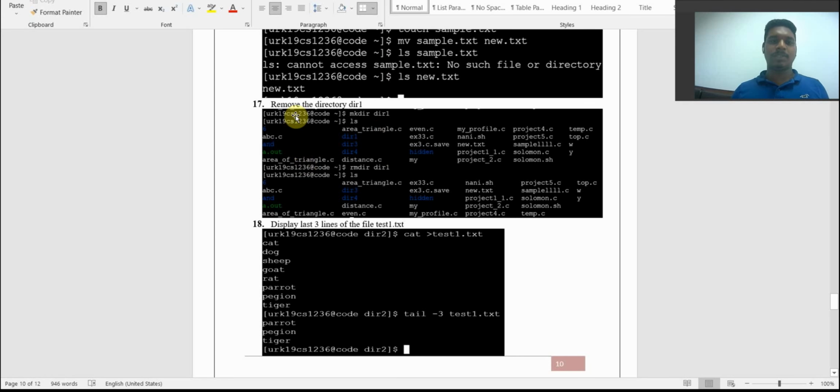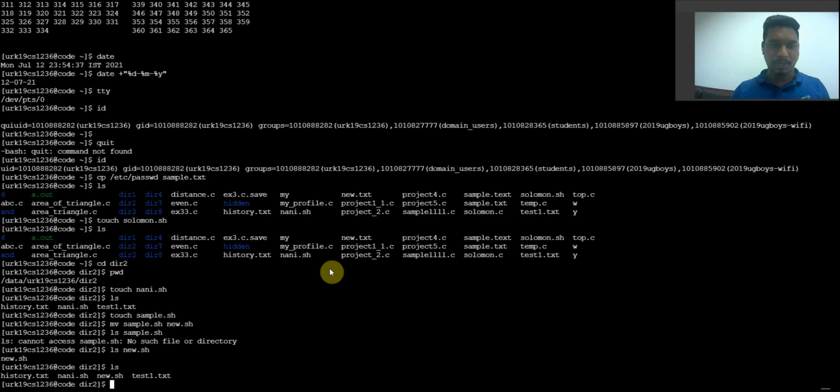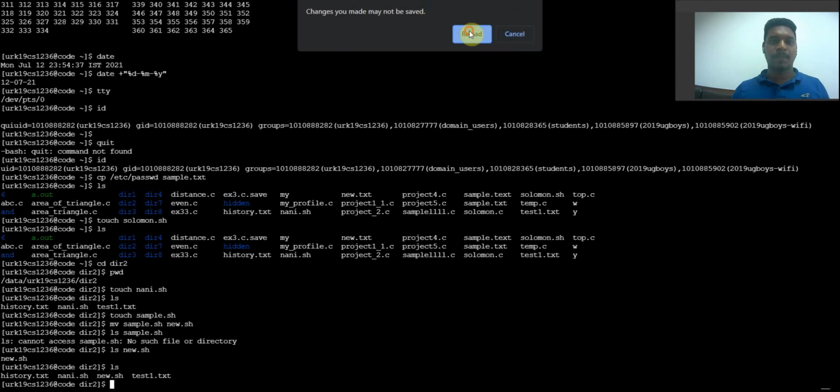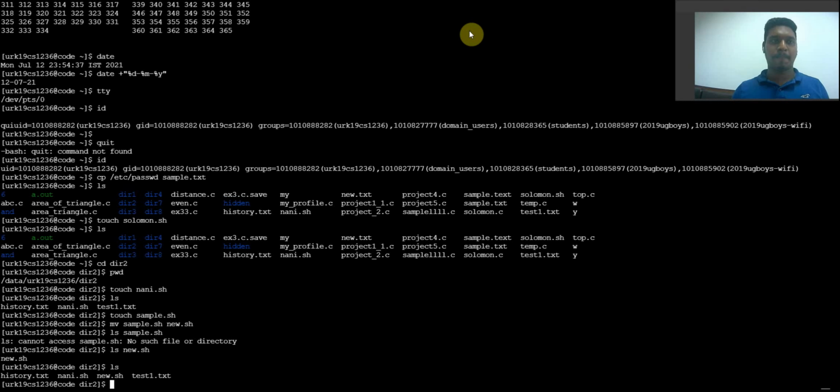Next, let's go with remove directory 1. So normally we have directory 1 here. Okay, and we reload this, just a second. I'm reloading this because this will consider it as a recent directory.